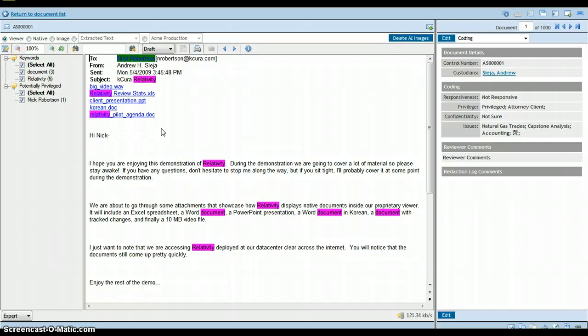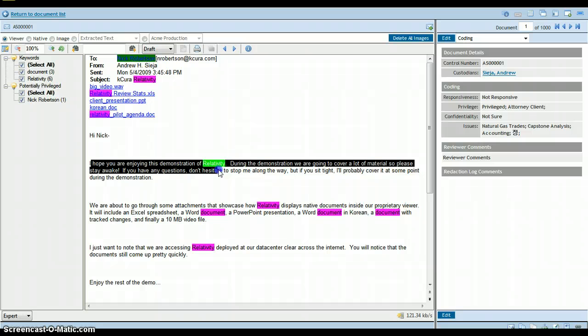Because we have the license of technology and we've got our hooks into it, Relativity lets users interact with a native file in richer ways than they would normally be able to in a system that converts to low-resolution TIFF or HTML behind the scenes. For example, we can go in and copy text